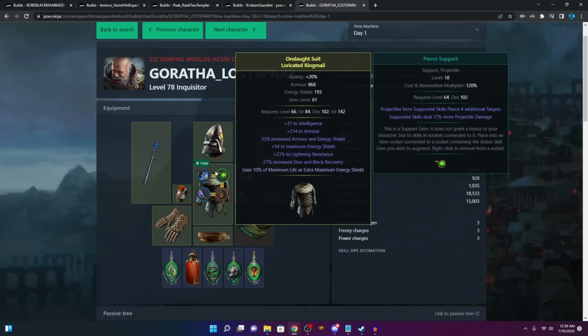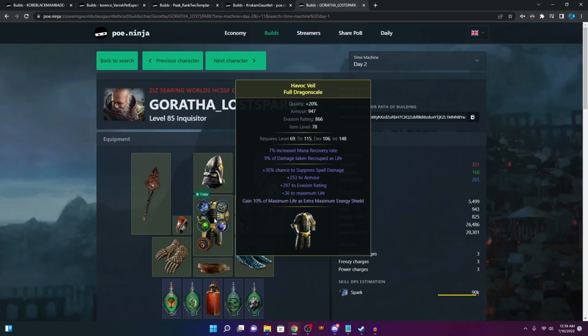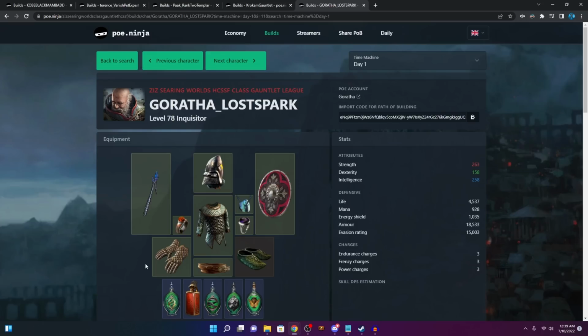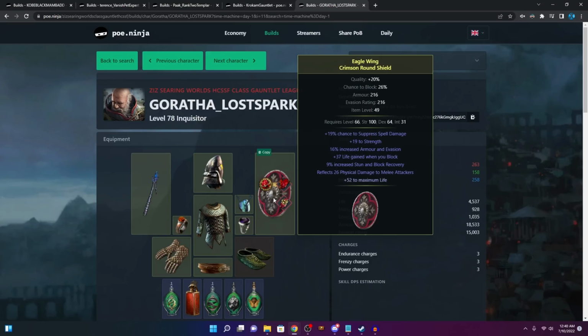Chest piece, good old Life is Extra Max CS, and honestly not too much else except for very solid armor and energy shield. It wouldn't surprise me if we look a couple days ahead, maybe day 2, maybe day 3. Oh, day 2, it already got upgraded to something with Spell Suppress. Because if you really want to be immortal on an Inquisitor, all you really have to do is work in some good Suppress. But getting Suppress on gear on an Inquisitor on day 1,